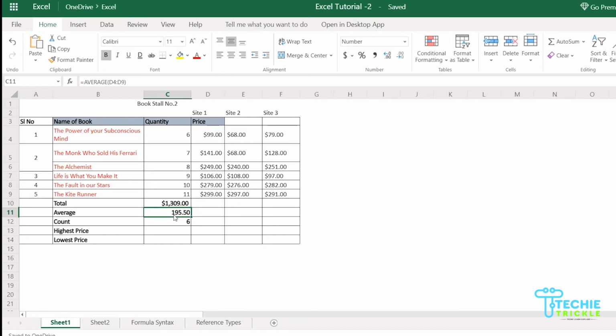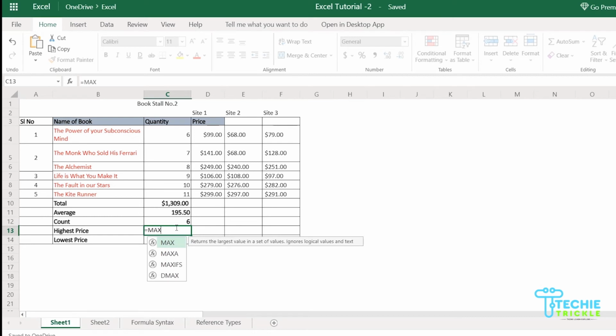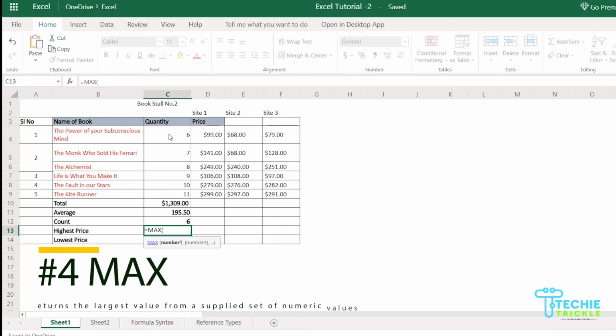So this is the average, 195.50, and if you divide 1309 by 6, you would get 195.5. Okay, so that's how the average is. And for the highest price, it's the maximum. It gives you the maximum out of a given range. So it will be equal to, then you give max and an opening bracket, and it depends on what you want to do. So if you want to find the maximum out of these given quantities, then you have to give